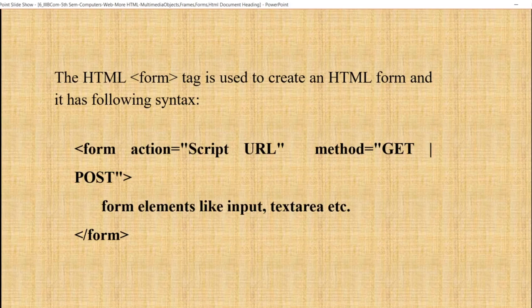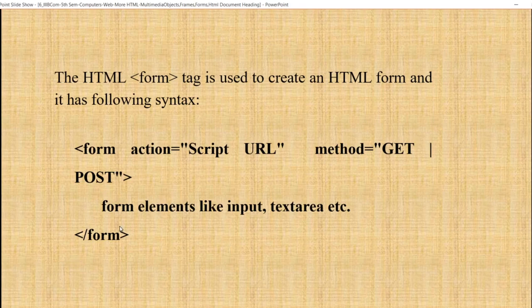The action attribute specifies where to send the form data when a form is submitted. If I enter my name, roll number, class, section, all this data, where should this data be submitted? For that I am taking the action attribute. Method attribute: here we are using two methods, get and post. Method is used to upload data. The most frequently used are post and get methods.